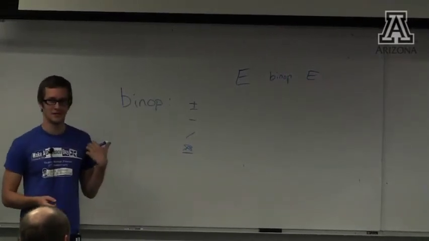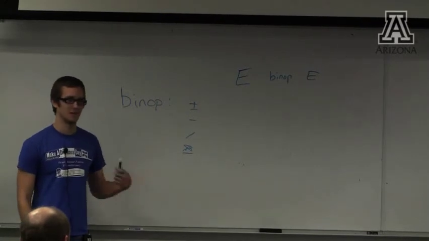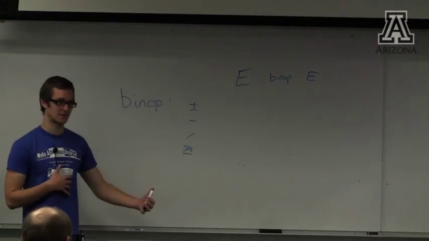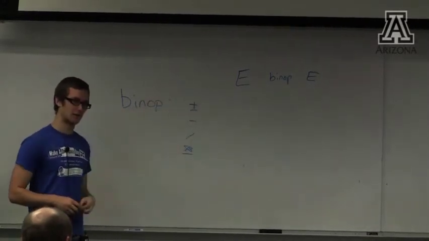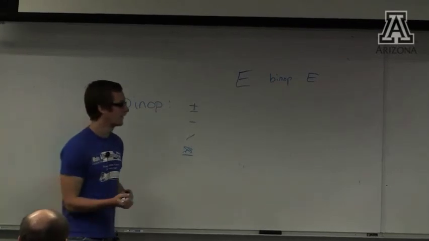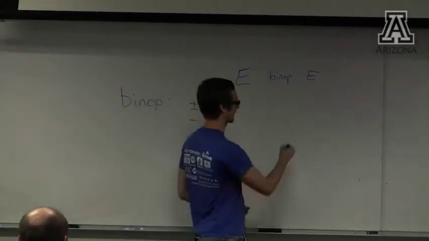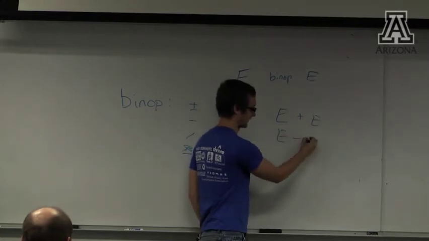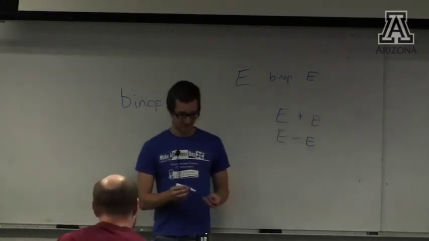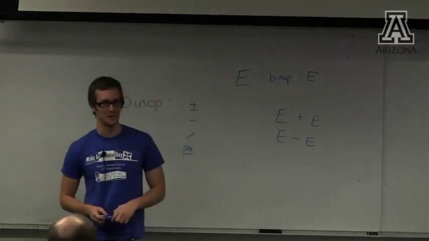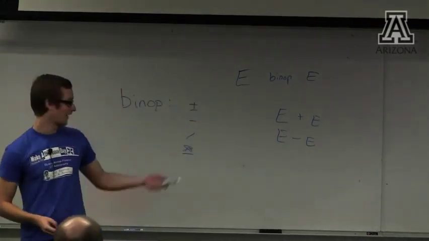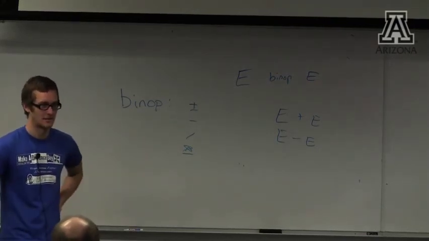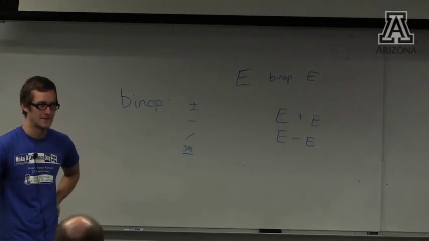So you could do something probably really complicated to separate these binops into which ones have precedences and restructure your grammar in a really obscene way, right? Or you could just go the lazy way and say, well, fine, E plus E, or E minus E, right, and down the line. Like, we've done that before, and we know it works, so let's just do that again. And now when you declare your associativity and your precedence for all those operators, it's fine. They're tokens. You don't have an issue with it. Does that make sense?